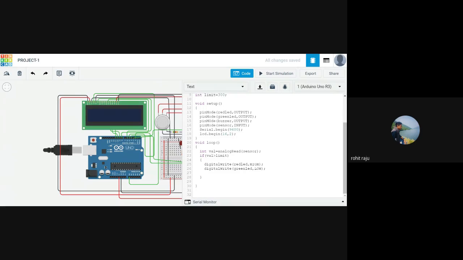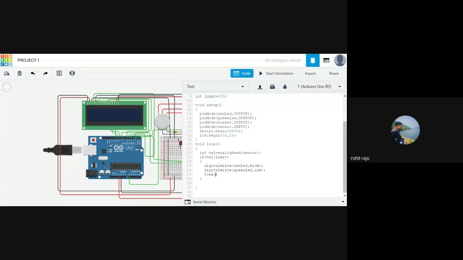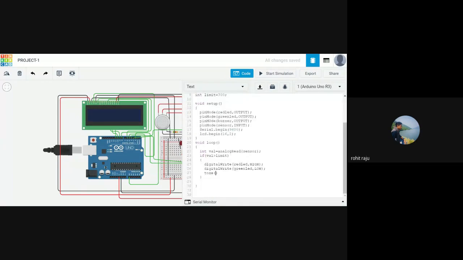Actually, if you use digitalWrite, the buzzer gives out sound with the default frequency. There is a special function called tone, which takes in 3 parameters. One is where you have connected the buzzer, the buzzer pin, which is 4. Then you give it the frequency, which can be any number. Let's give 500. You can give 1000, but it would give a very huge sound. And next we give the duration you want to ring it for. Let's give 1 second. You can give 10,000 too for 10 seconds.